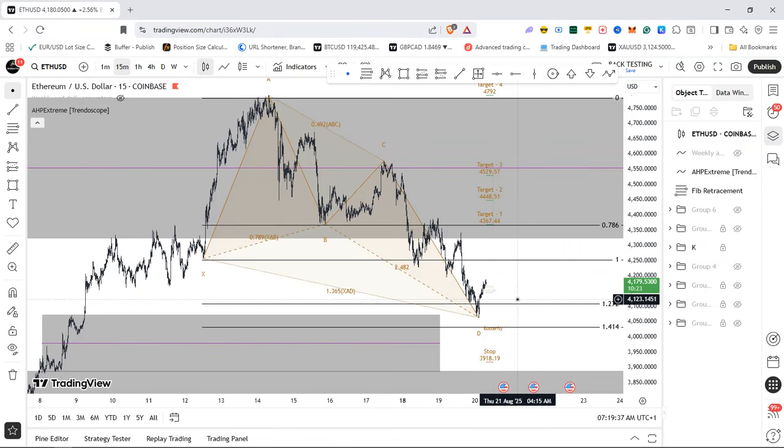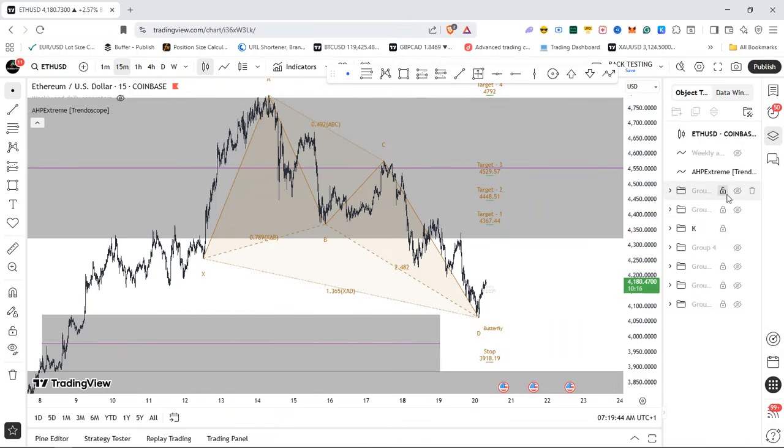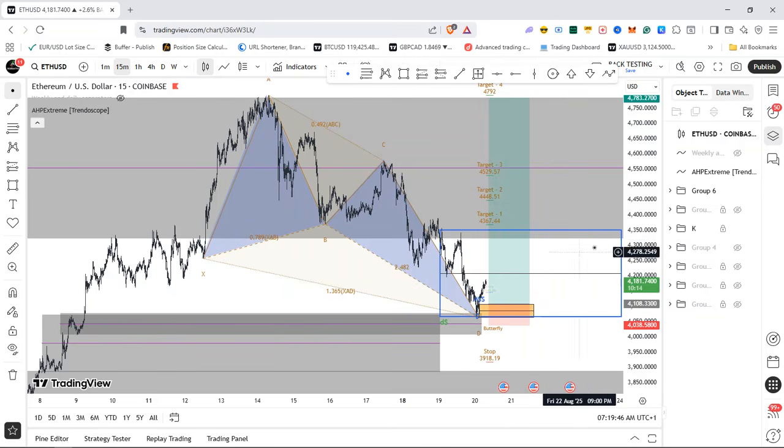So 1.272 tested here is 0.7. This is a perfect example of a butterfly pattern. So I've gotten that out of the way. So the next thing now